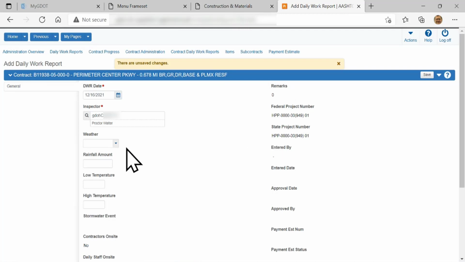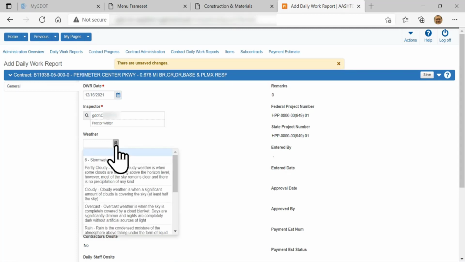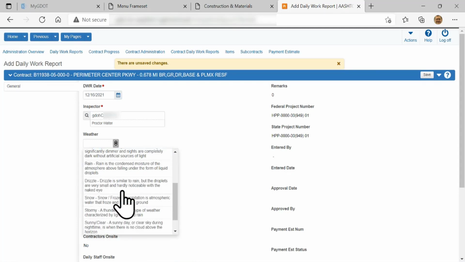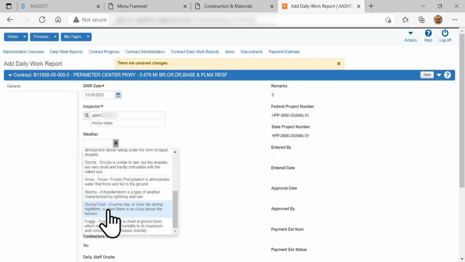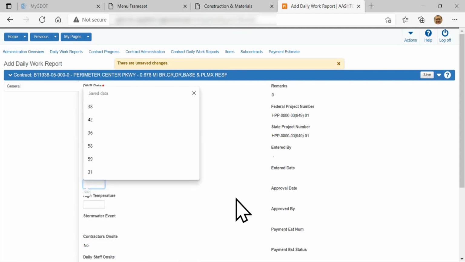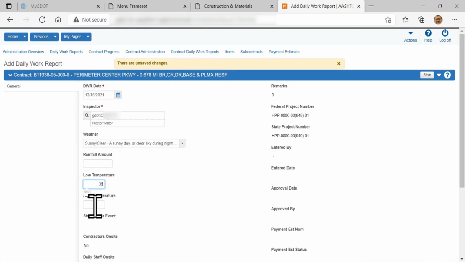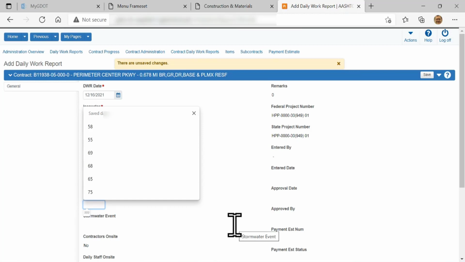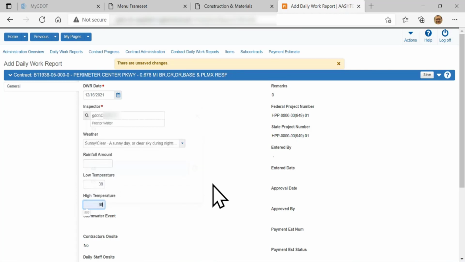So let me take a glance outside at the weather, and I'd say the weather looks pretty sunny out there. So I'll go down here and click on sunny and clear. No rainfall amount. The temperature, well, it started off a brisk 38 degrees where I am right now. And I'd wait till the end of the day to work with it, so maybe I might assume that the day will get up to 68 degrees. Hopefully a little warmer than that. So I'll fill it in, and I can go and find out other changes on it. So let's say I've entered this information right now and I click on save.